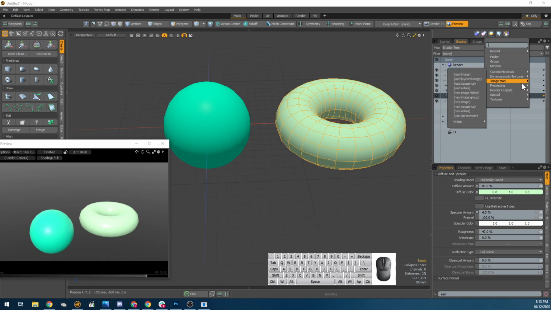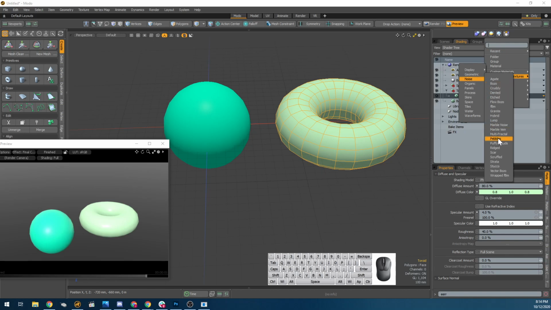There are a bunch of other ones. We're not going to get too deep into them, but there are different layers to put in gradients and specifically color different parts of geometry, make it look like particles, make it look like clouds, things like that. But for our purposes right now, also to make it look like fur is another common one. We're going to kind of focus on the textures here and the enhanced MODO textures here. So let's just grab one from noise. We'll go with